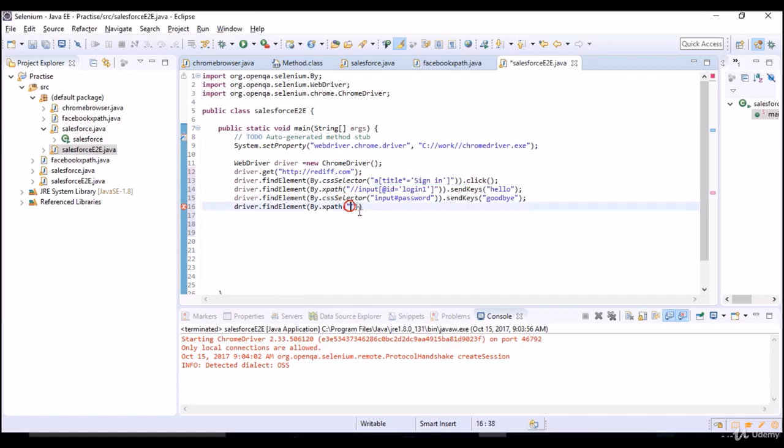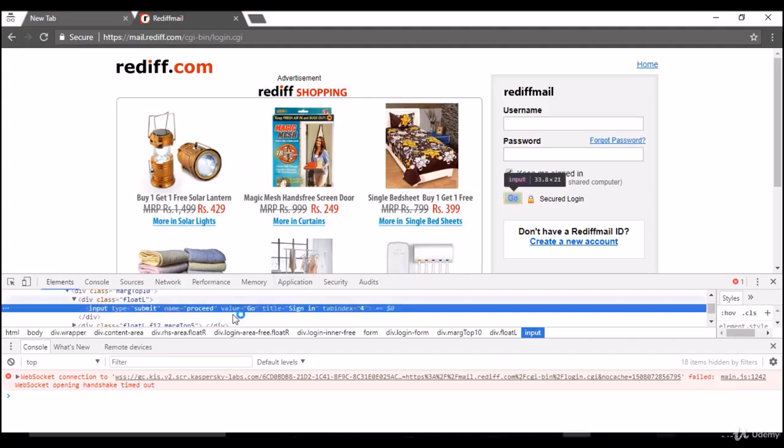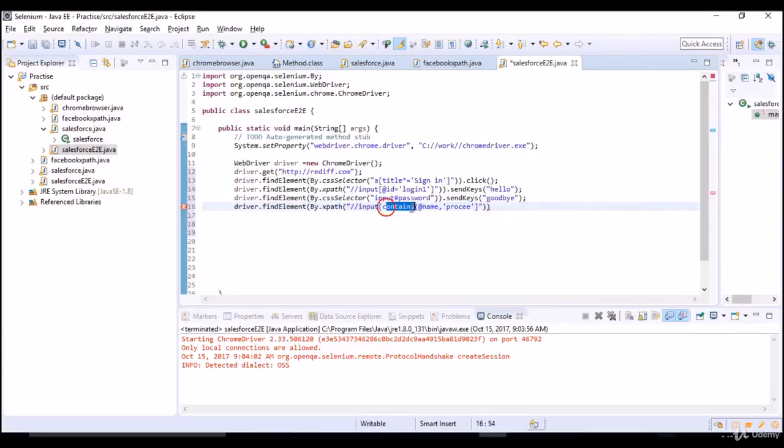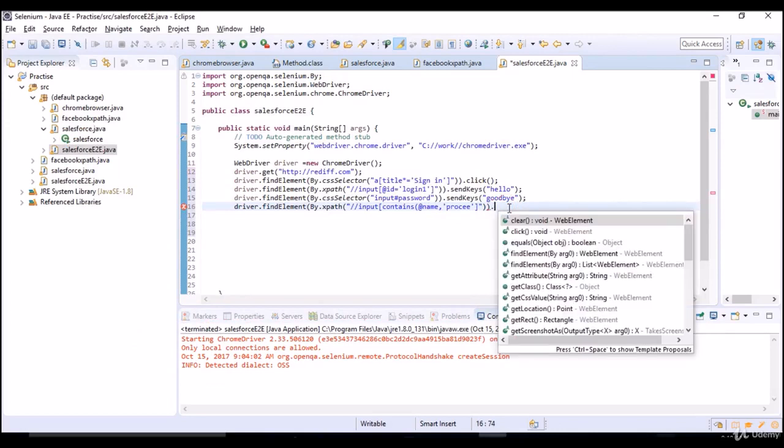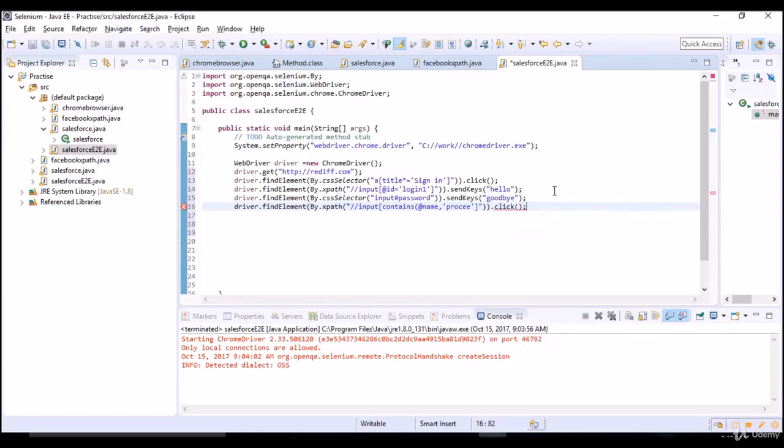So slash input contains at the rate, what is this, name and proceed. I am skipping D here if you carefully observe, but as this is a subtext of proceed and I am providing a regular expression, it should go and click on this go button. Okay, let's see how it runs.